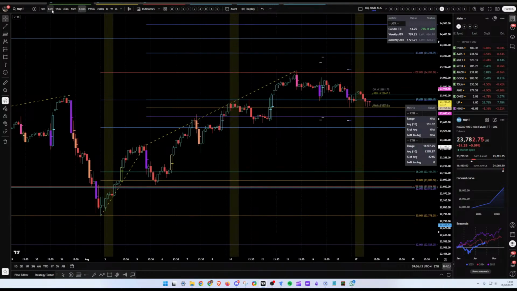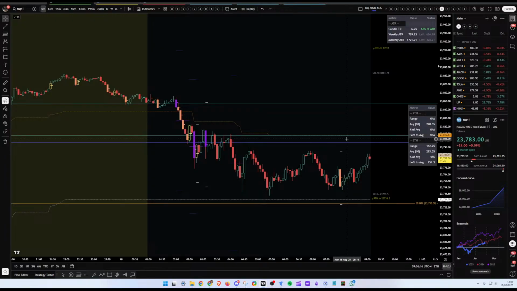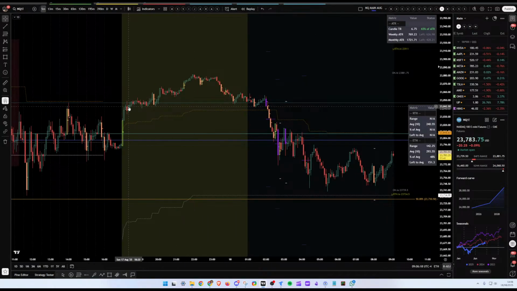I'm just going to make these larger for you so you can see. If we go down to a 5-minute time frame, you can see how we've traded on the open today so far. The range for the past 10 days is 293 is what we can expect on the ETH time frame, and we've currently traded 142 of those points. So we have about 50% left for the full session to trade, which obviously isn't a lot of range, but the RTH will give a little bit more. So it's whether the ETH expands or not. If it doesn't expand, expect 150 points to trade, which is what has traded on the overnight session so far.